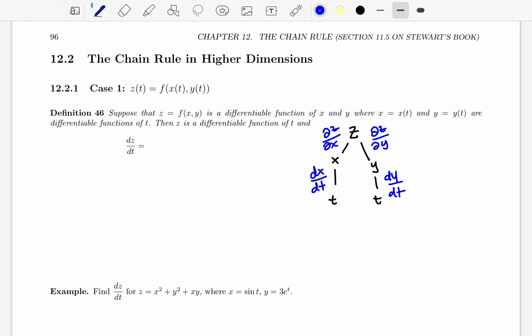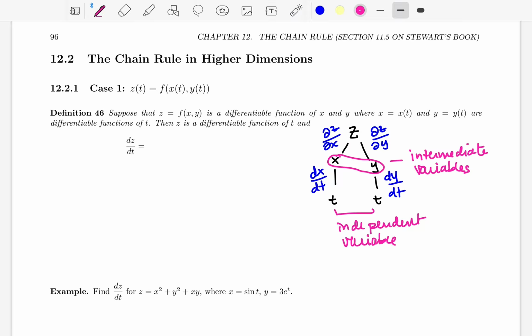Okay, now x and y here, let me maybe use pink for this. x and y here are called intermediate variables, and then t is my independent variable. Independent variable. And then I put together my derivative and I get that dz/dt, where I'm not using partials